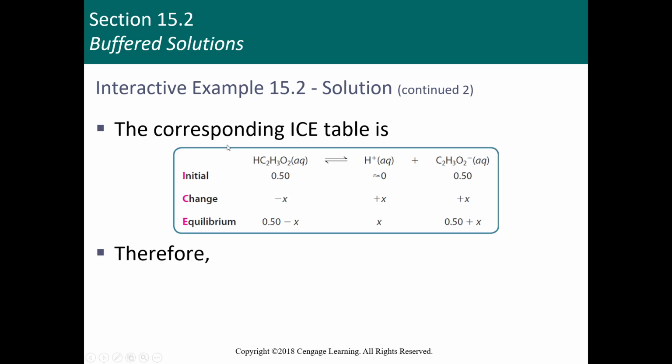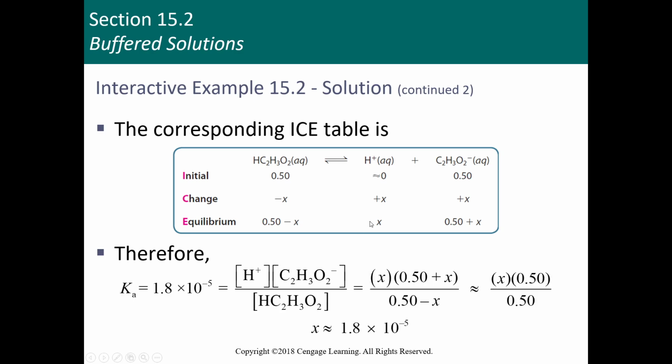I'm going to go ahead and put it into an ICE table because that's always helpful to envision these. So again, these are the equilibrium concentrations that we get from the initial plus that change. And so we plug these equilibrium concentrations into our equilibrium expression,